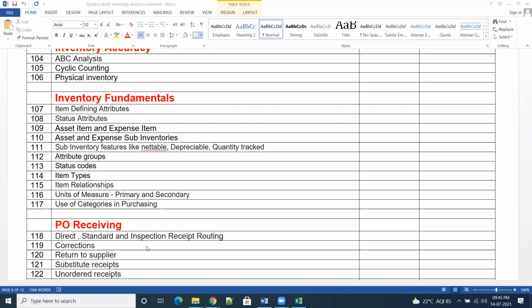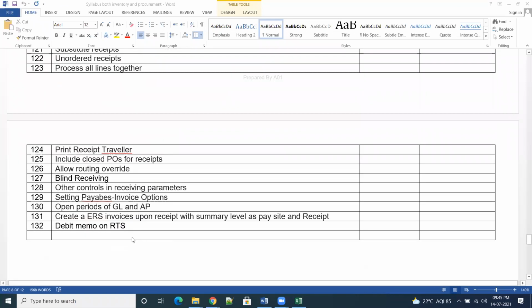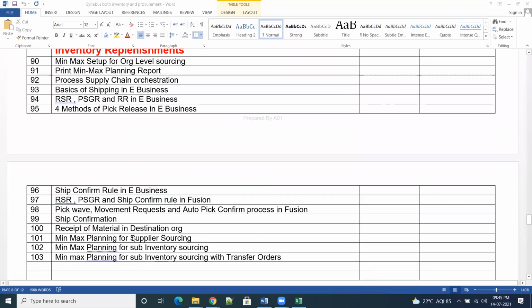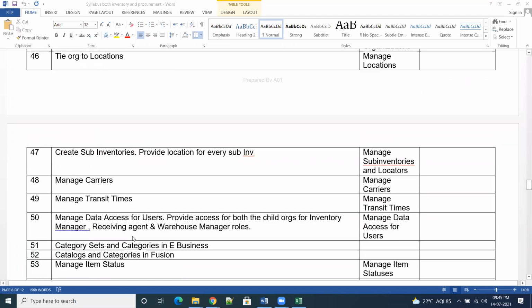Even under legal entity, we have different inventory orgs. If you have two separate legal entities, under one legal entity we have one inventory org and under another legal entity, one inventory org. That is intra. Inter means within our legal entity, within the single BU.